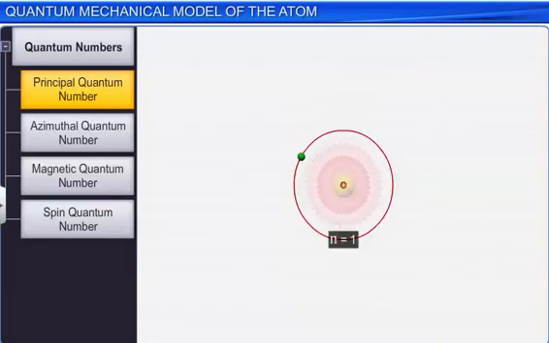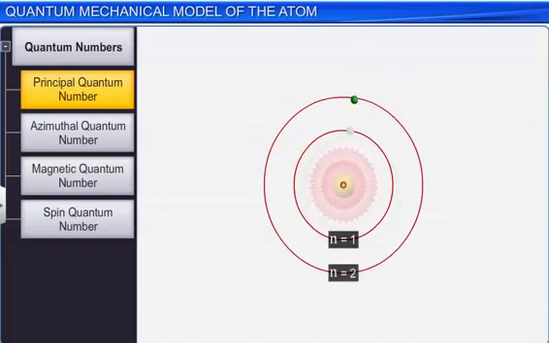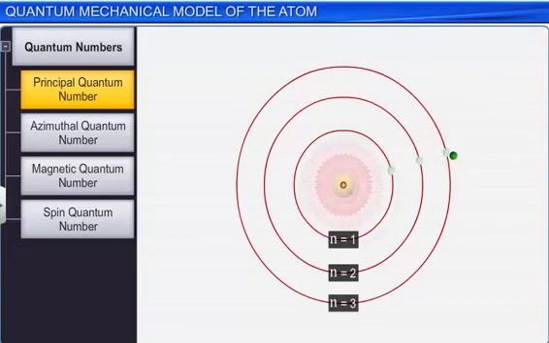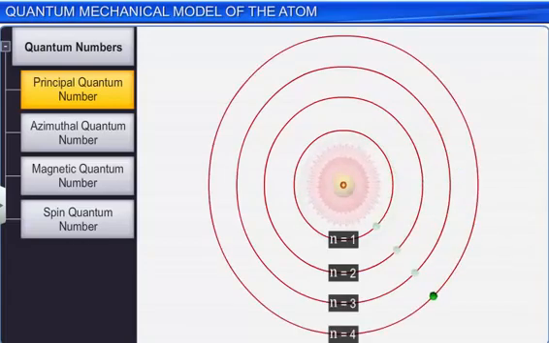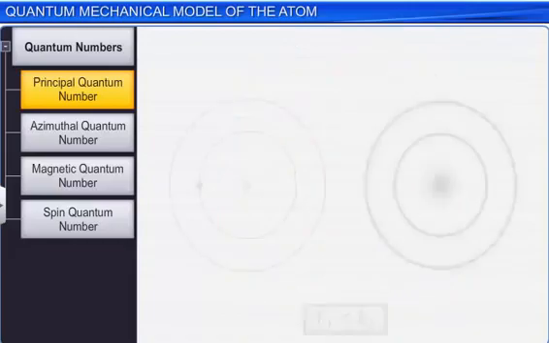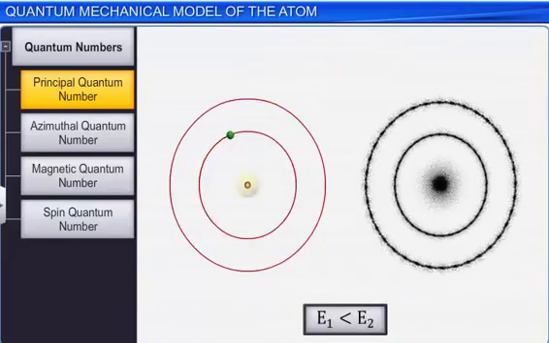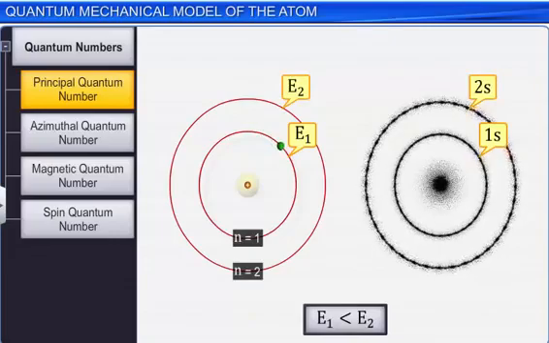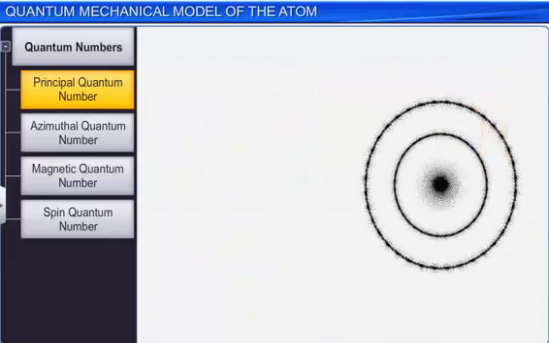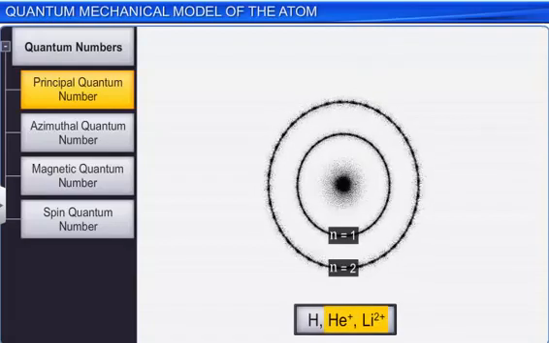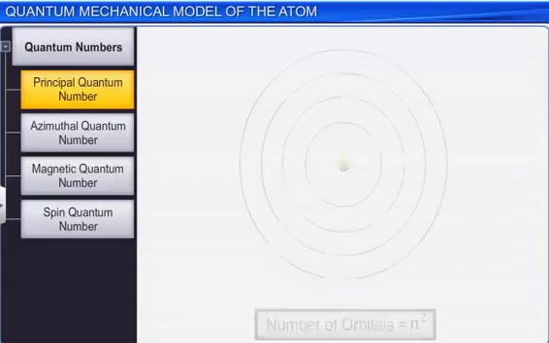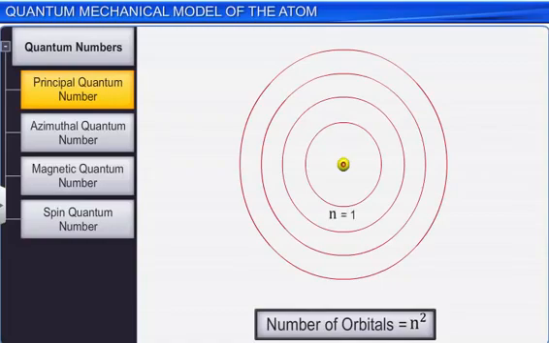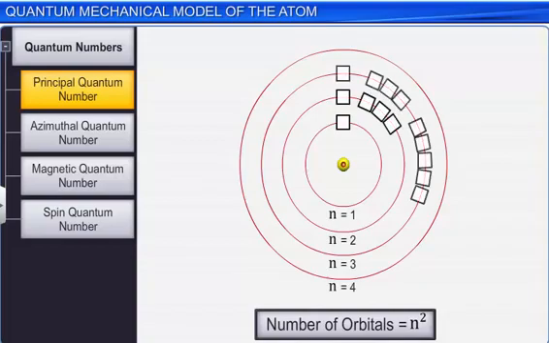An electron needs energy to move to the higher energy levels, as it has to overcome the forces of attraction from the nucleus. Hence, the energy of an orbital increases with the increase in n. Note that, for hydrogen and hydrogen-like species, energy as well as the size of an orbital depends only on n. In addition, with the increase in the value of n, the number of allowed orbitals increases and is given by n square.